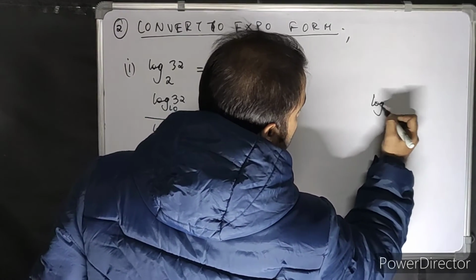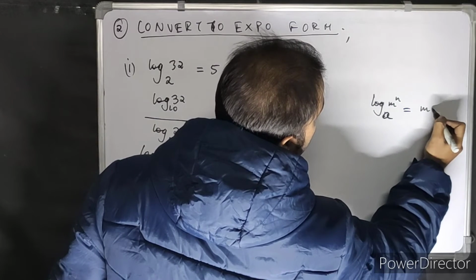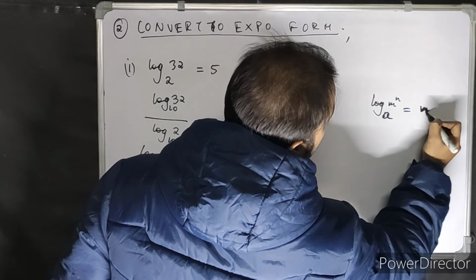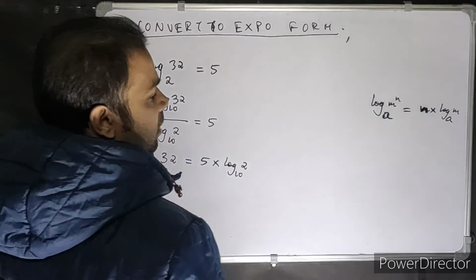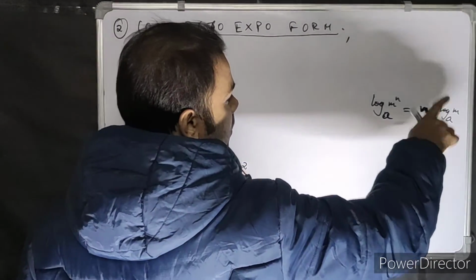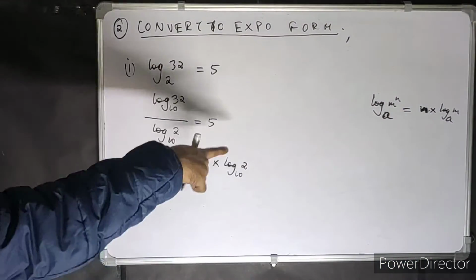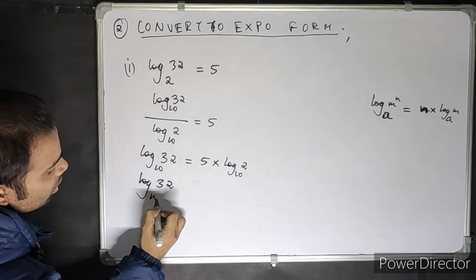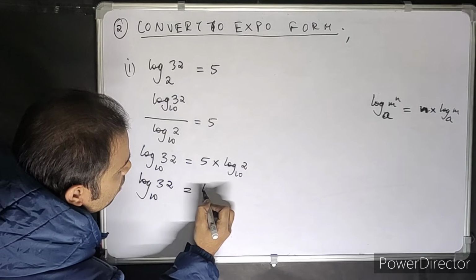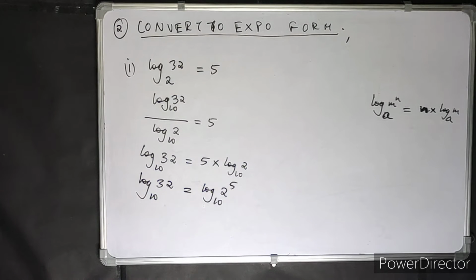Why? Because log m to the power n base a is equal to n into log m base a, right? N comes in front, log m base a, then again n can go back on top. This is going back up there. So this is log 32 base 10 is equal to log 2 to the power 5 base 10. You see,